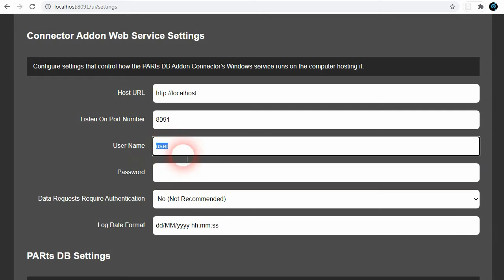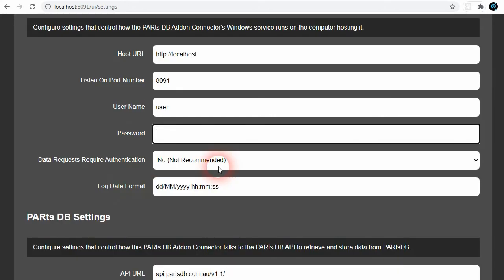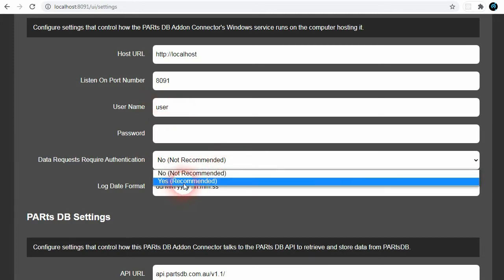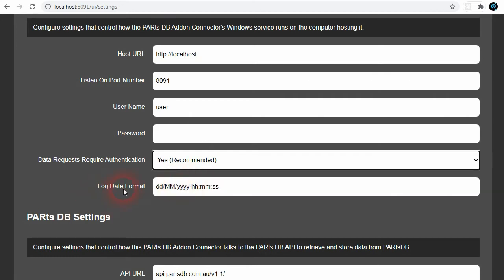So instead of user, you might have a specific name of a user that you want to type in, and change the password to stop other people being able to access this web service. And they've also got options whether or not, when the requester goes to get the make model data, if we want to use authentication using this username and password credentials, we would recommend to set that to yes. To make sure not any piece of software can access this web service without going through at least knowing the